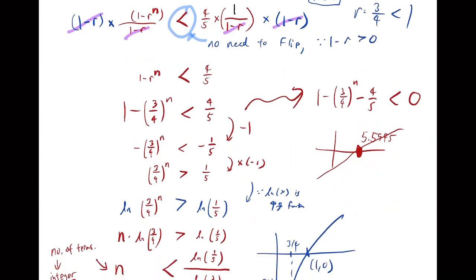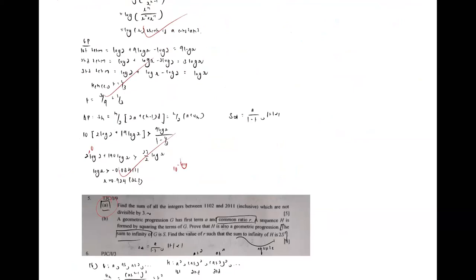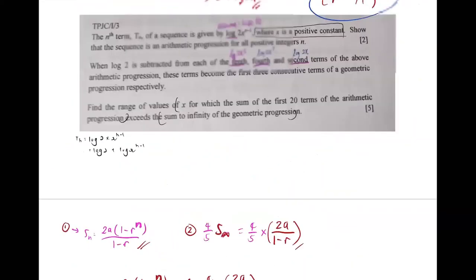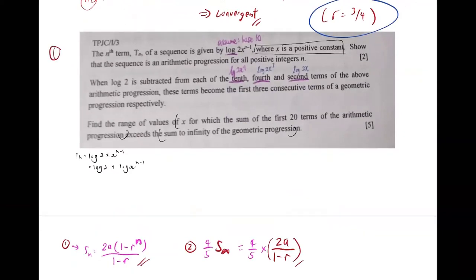Okay, moving on. Next question. Let's see the next one. This is question number 4, is it? Yeah. Okay, let's read the question first. The nth term Tn of a sequence is given by log of 2 times x power n minus 1. Assume that it is log base 10, where x is a positive constant. Now, show that the sequence is